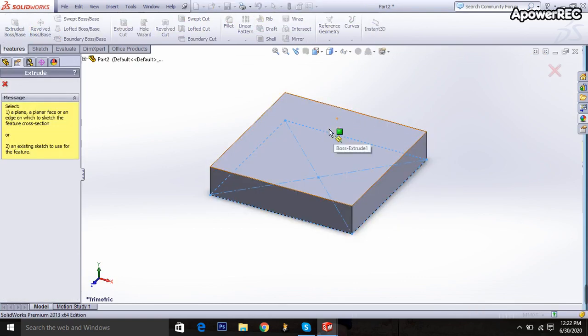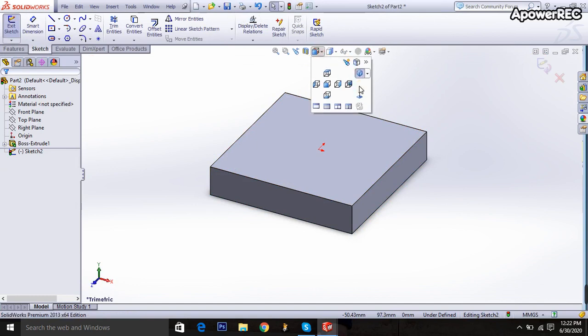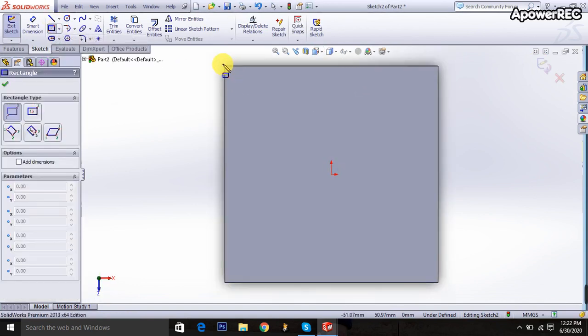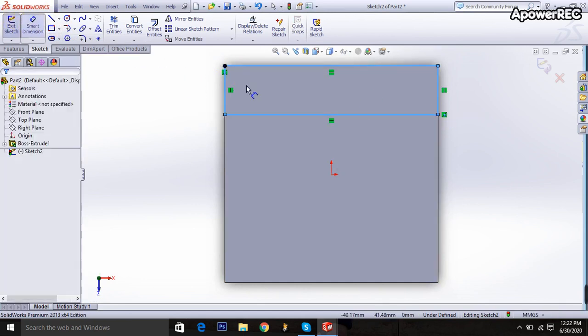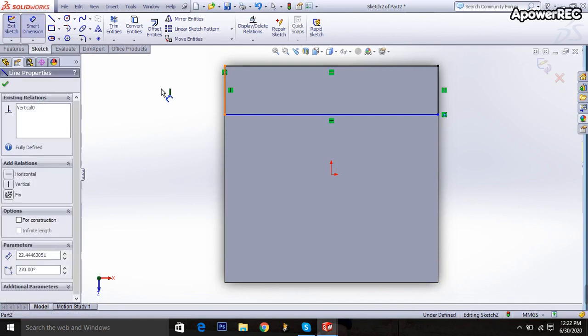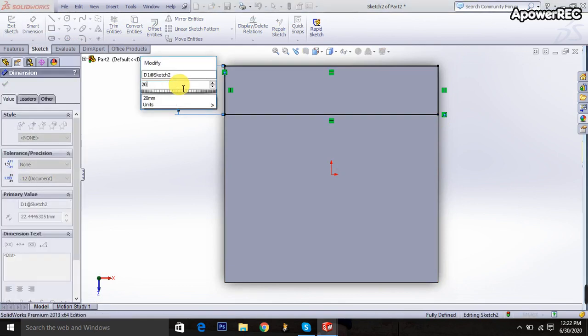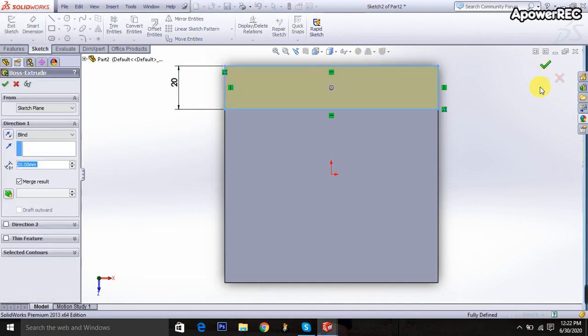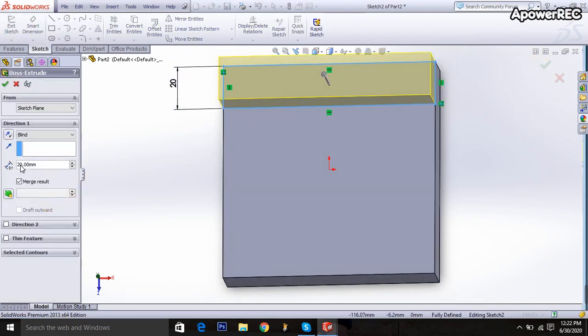Okay, then extrude boss, click on the surface, go to here, normal plane is selected, go to here, corner rectangle is selected, sketch it. Okay, then smart dimension is selected, determine it, it will be 20 millimeters. Okay, exit it. And then it will be upwards 80 millimeters. Okay,